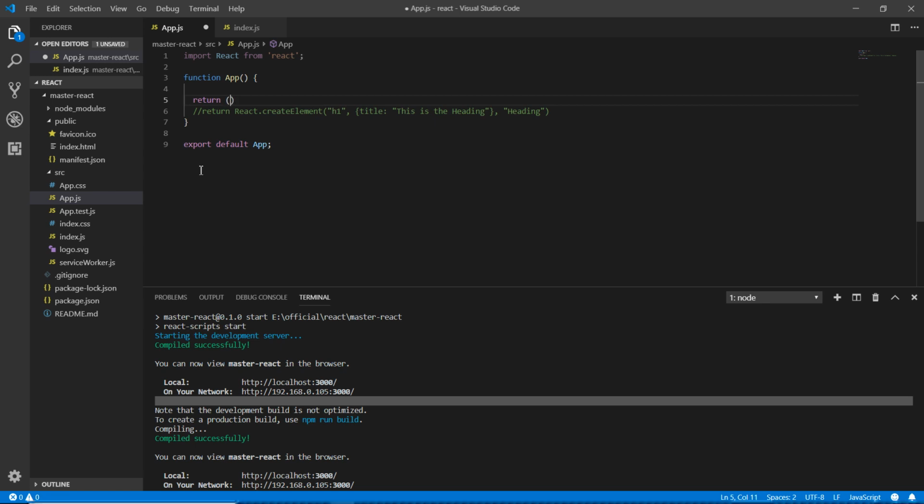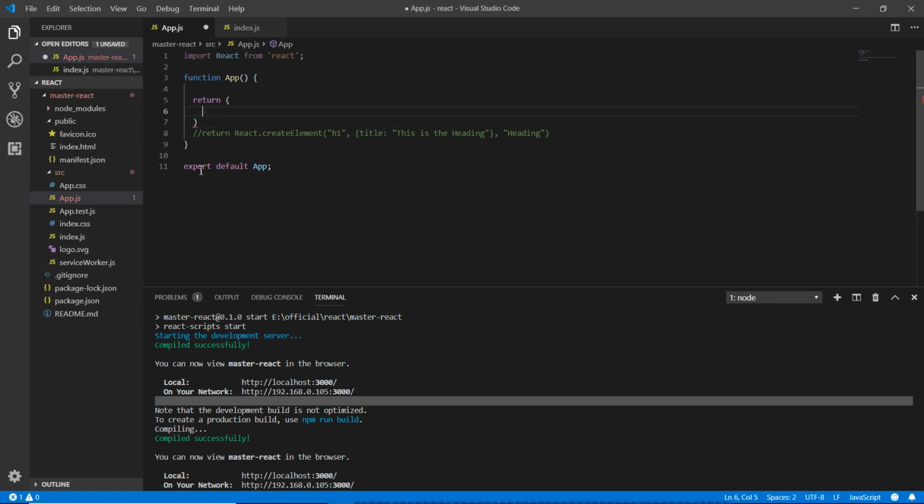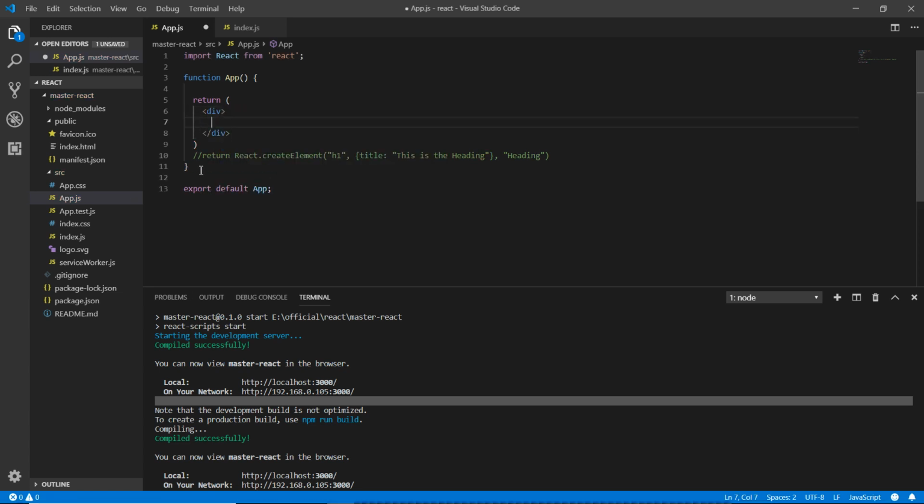Return, and here the parentheses, and I'm going here inside. First of all, the div, and then inside the div I'm gonna write the h1, the plain, just like we do things in the HTML. It looks a lot like the HTML title, and we're adding the double quotes exactly like we do in the HTML. And here this is the heading, and here we're writing heading, but I'm gonna make a little change